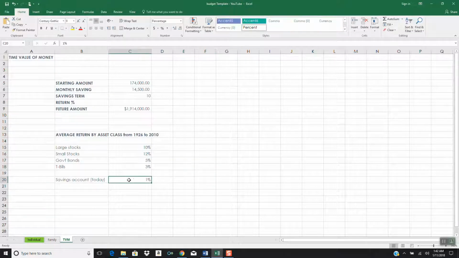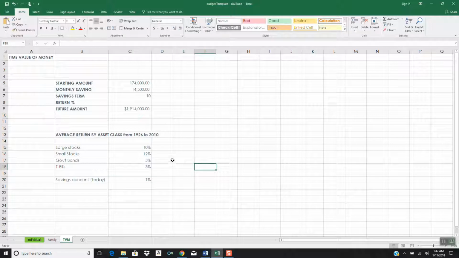That's why a savings account doesn't earn you much return, because you're not taking much risk. You put your money in the bank, it's more than likely going to be there, so they don't give you much money for doing that. But if you take bigger risks and invest in other things that are riskier, then you have an opportunity to gain a larger return.